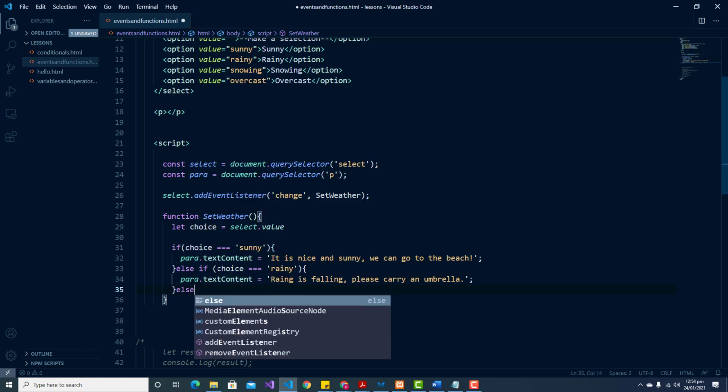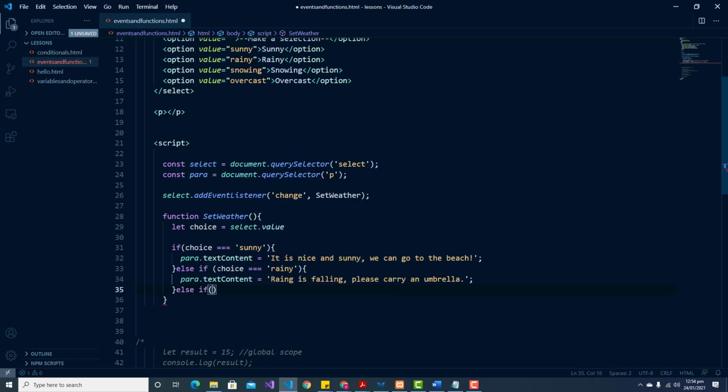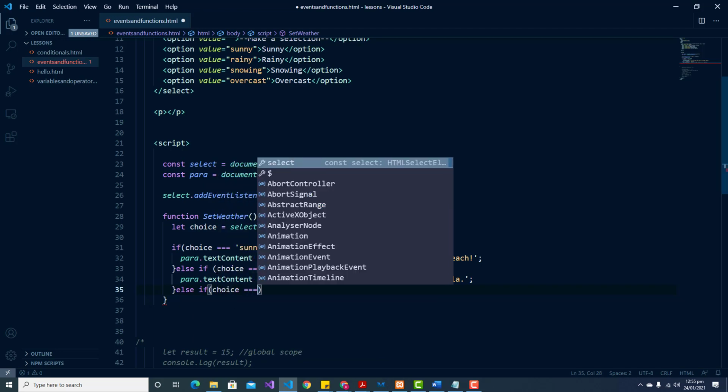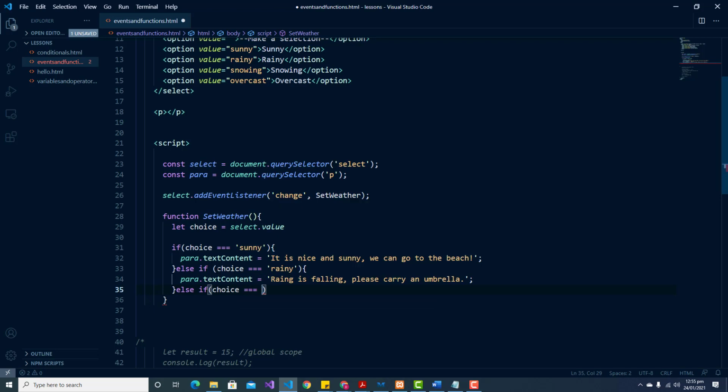Okay, else if, and you see here we are on our third if statement. So this would be a good candidate for a switch statement. So I'm going to do an if else statement first, and then we're going to convert this to a switch statement. So let's say if it's snowing,